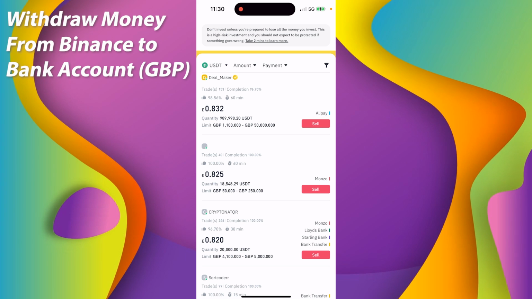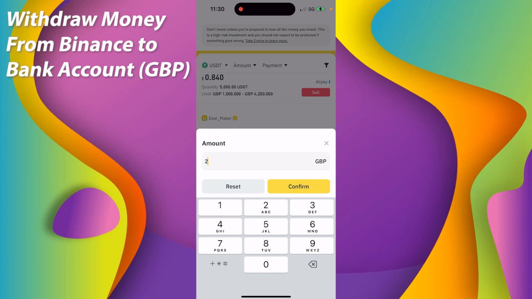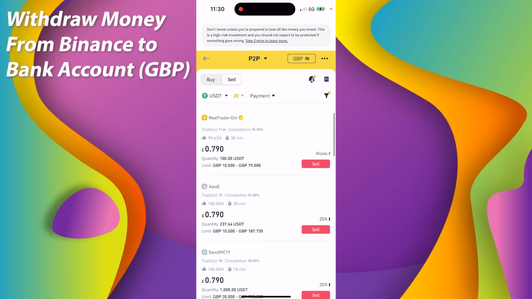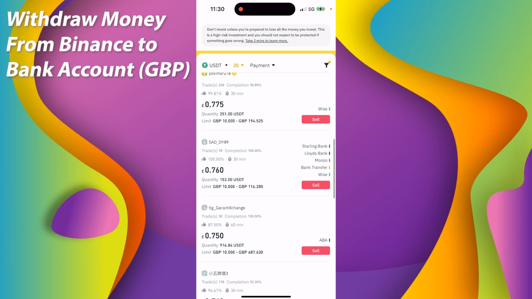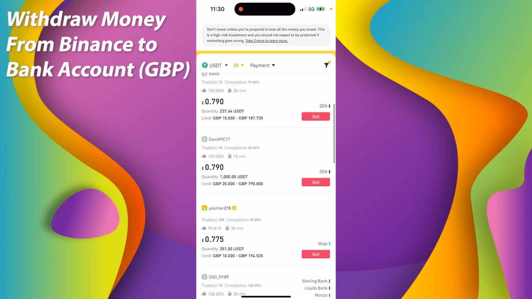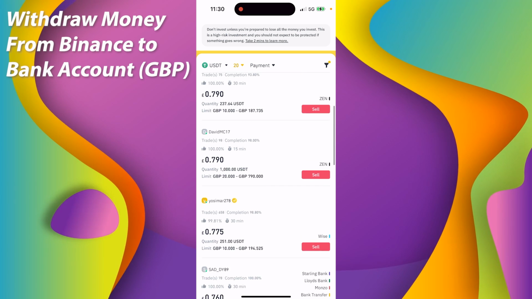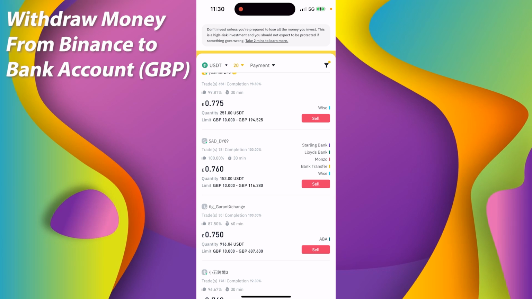So right here, £50 limit. I'm going to change my amount to, let's say, £20. And then it's going to bring me up all of the different brokers that have this limit of £10 or above. And if I scroll down, you can see that the lower limits kind of have worse exchange rates. But that's to be expected. I mean, a 0.79 exchange rate is very good, but you often need Zen or quite a high exchange currency to be able to do that in. So I'm going to select this person right here,